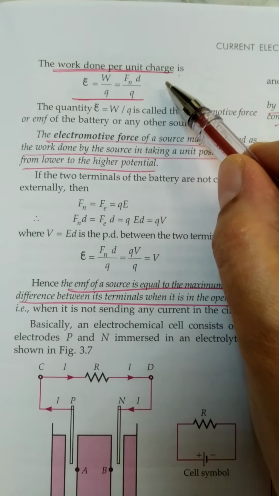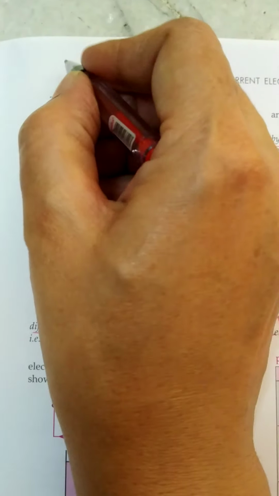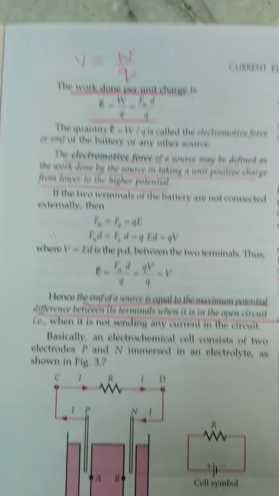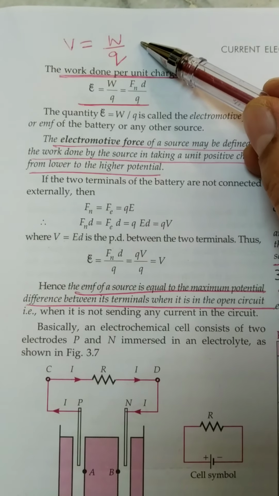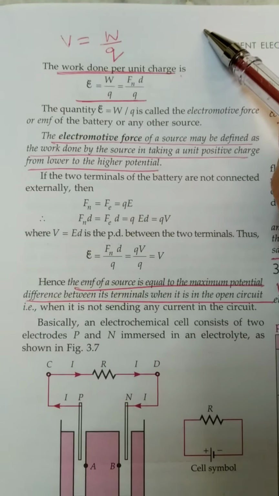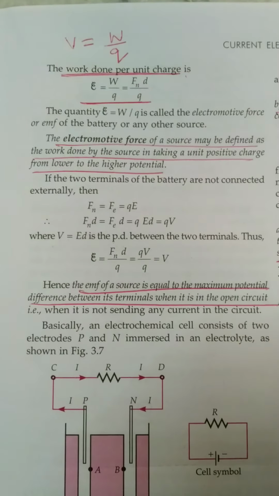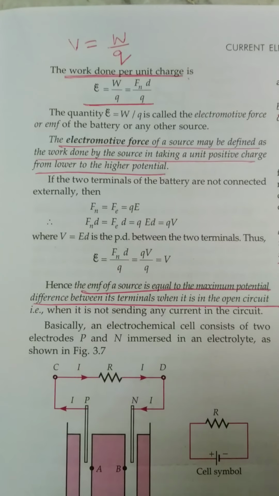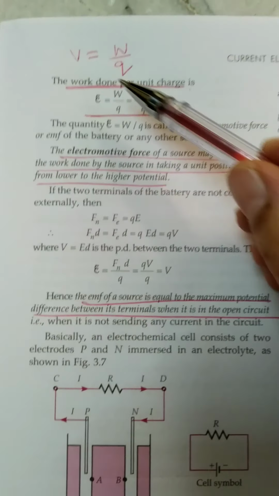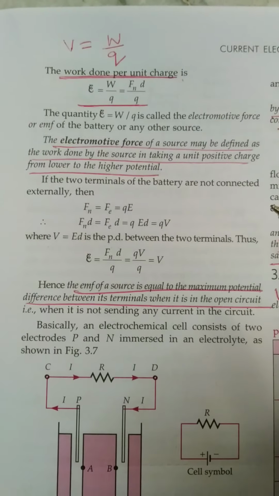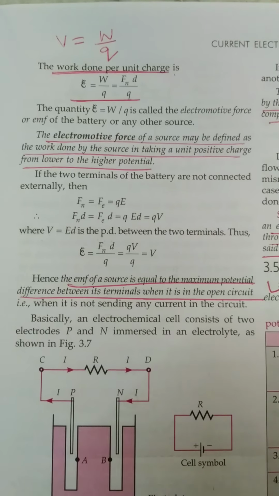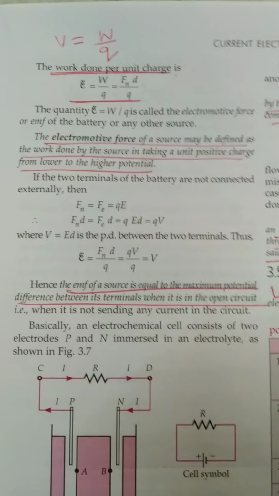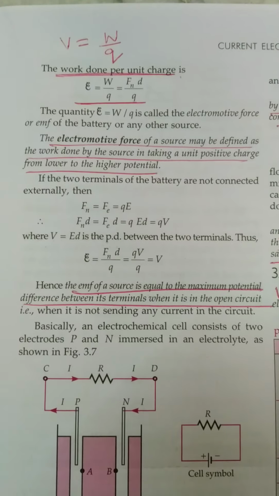Students, you have earlier done in 10th standard that potential difference V is equal to W upon Q. Potential difference is defined as work done in moving a charged particle from one point to another point. We have done this in the second chapter also. V is equal to W upon Q. Then this V is the potential difference. Now this potential difference is provided in the circuit by the battery. That battery is the source of EMF.